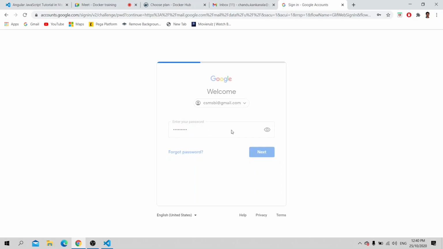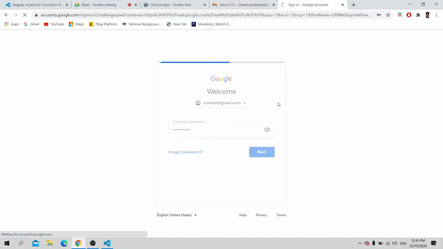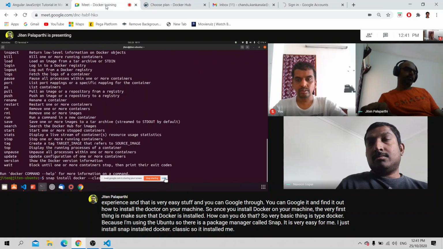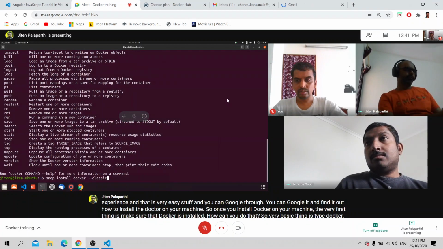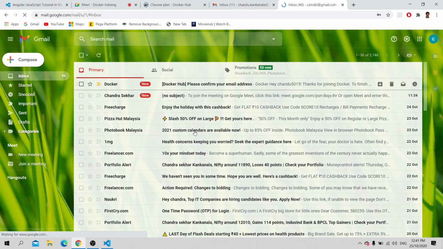type docker. Because I'm using Ubuntu, there is a package manager called Snap. It is very easy for me. I just install Snap, install Docker Classic, and it installed Docker for me. It's pretty easy for me to work with Docker on Ubuntu.